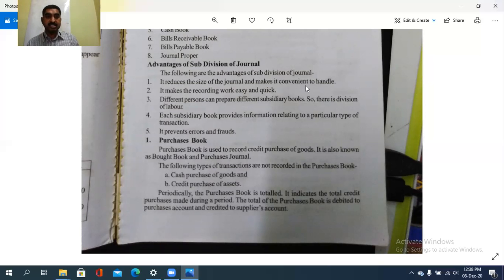The purchases book is used to record the credit purchase of goods, also known as the bought book or purchase journal. The following types of transactions are not recorded in the purchases book: cash purchase of goods and credit purchase of assets. Only the credit purchase of goods is to be recorded in the purchases day book. Periodically, the purchases book is also totaled, and it indicates the total credit purchases made during a period. The total of the purchase book is debited to the purchase account and credited to the supplier's